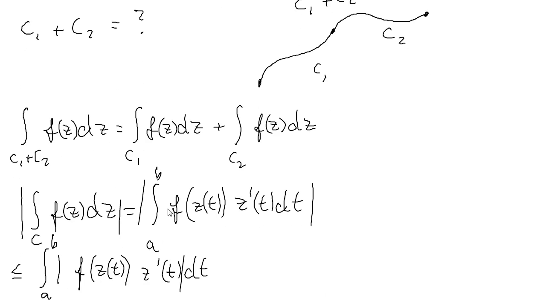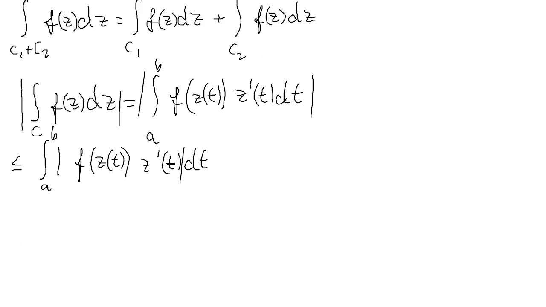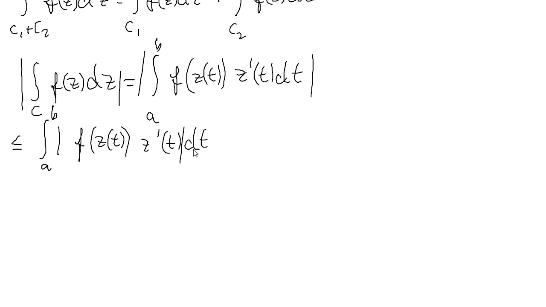Let's say some words about the absolute value of the integral over C. As defined previously, this integral means this integral with respect to t, and we have shown you an inequality earlier which stated that the absolute value of an integral is less than or equal to the integral of the absolute value. So using this, and now using that the function f is less than some constant M,